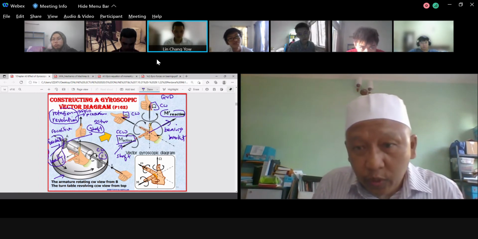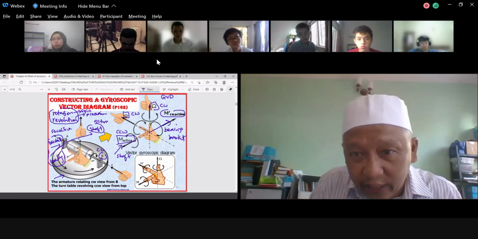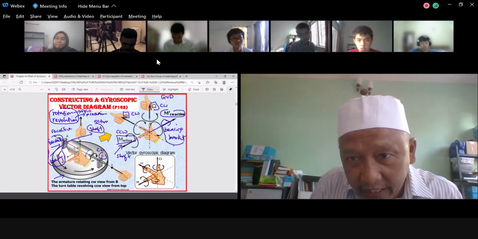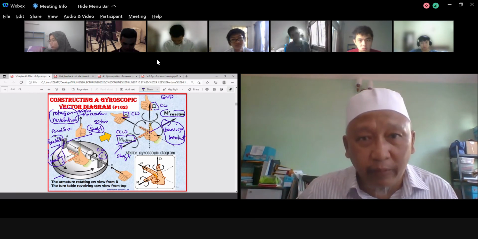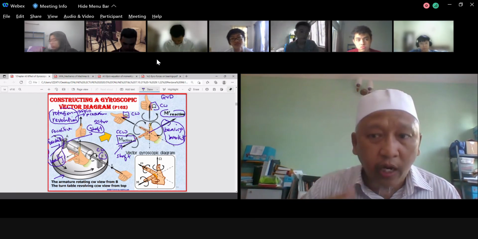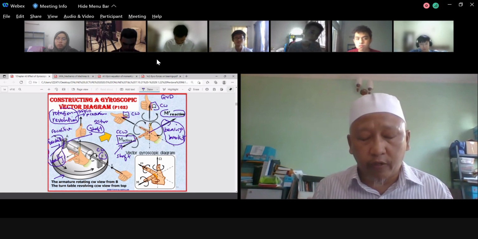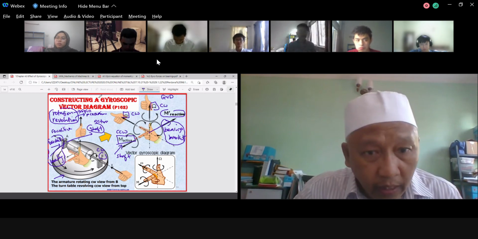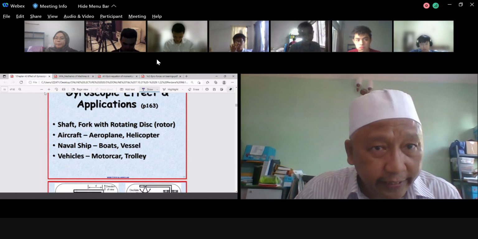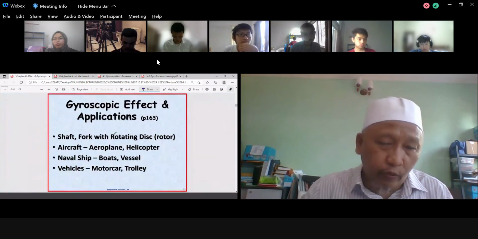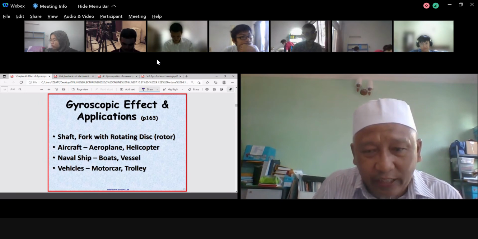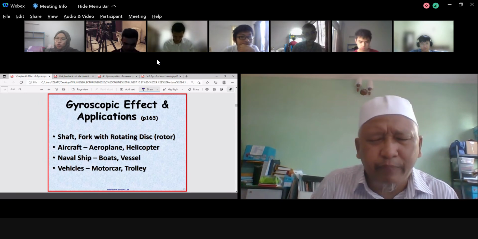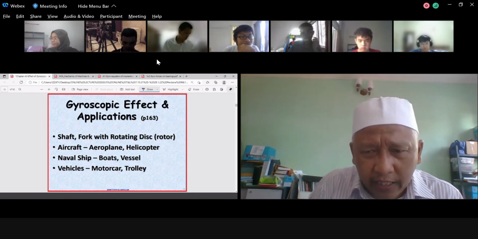Okay, so then the next one, we are going to use this to apply to our system. So later on you have to stay tuned with me. I am going to explain how to find the force on the bearing later on. This one is the example. We start with the easiest one. It's not the easiest one, it's basically the basic one: the rotor and shaft.